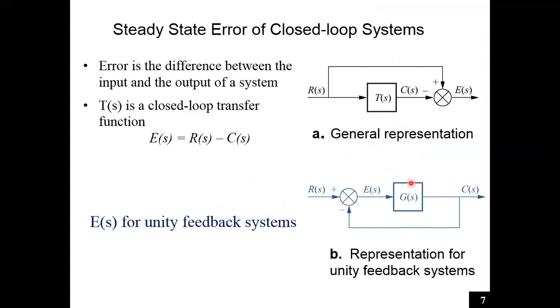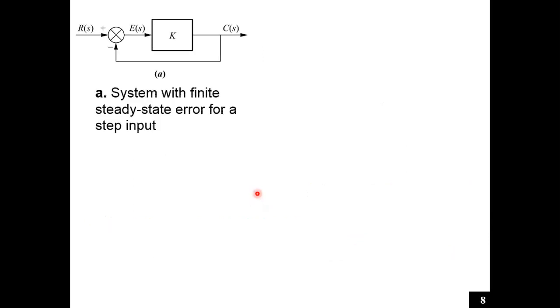T(s) is the closed loop transfer function, and E(s) for a unity feedback system is shown here. This is another way to represent the closed loop system, and it is for the unity feedback system. System with finite steady state error for a step input. For now we will discuss that we have a test input that is 1/s, a unit step,